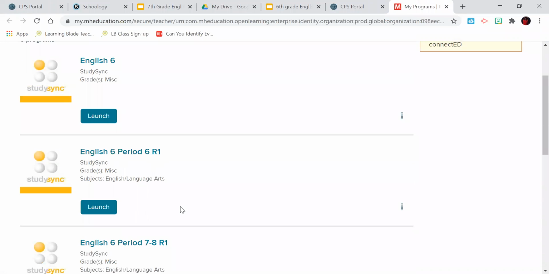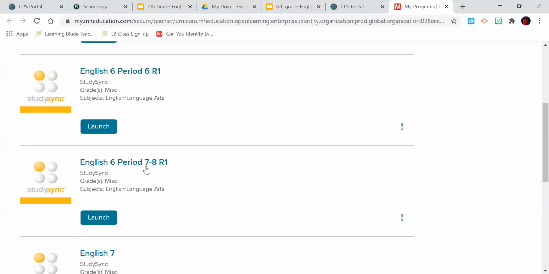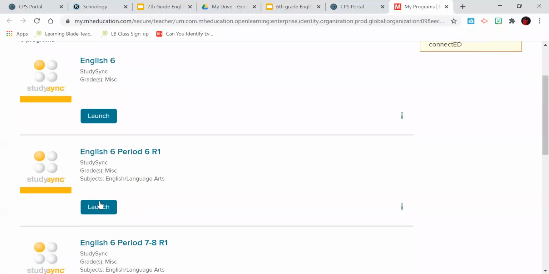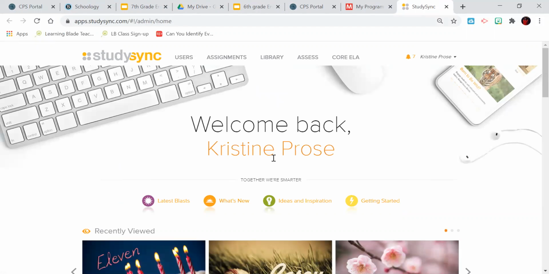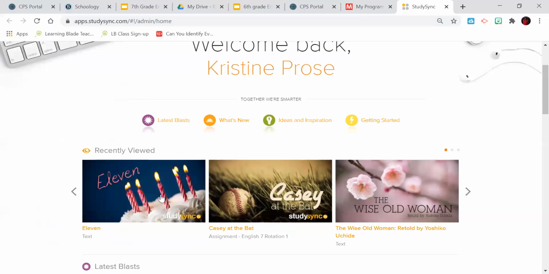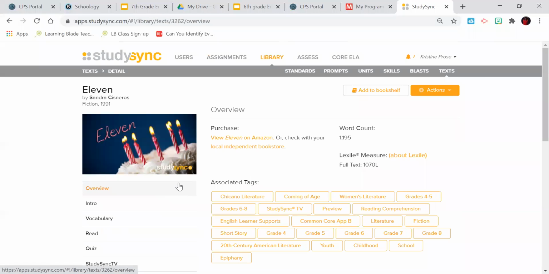So English 6, period 6, or if you're in my English 6, period 7 and 8, you would see that, okay? If you're not seeing these, just remember to change your school up here to Jefferson Middle School. Even if technically you're not supposed to go there, that's where my name is under, so you will need to change that to Jeff Middle School if you're not seeing this pop up, okay? So when you click launch, now again, mine looks a little different. So it should say welcome back and your name, and then you should have an assignment that looks like this. So if you click on that,